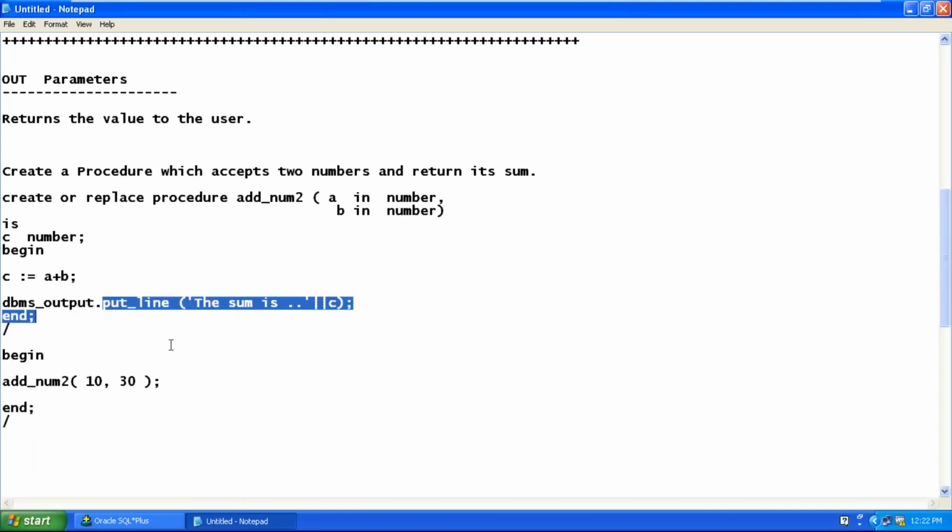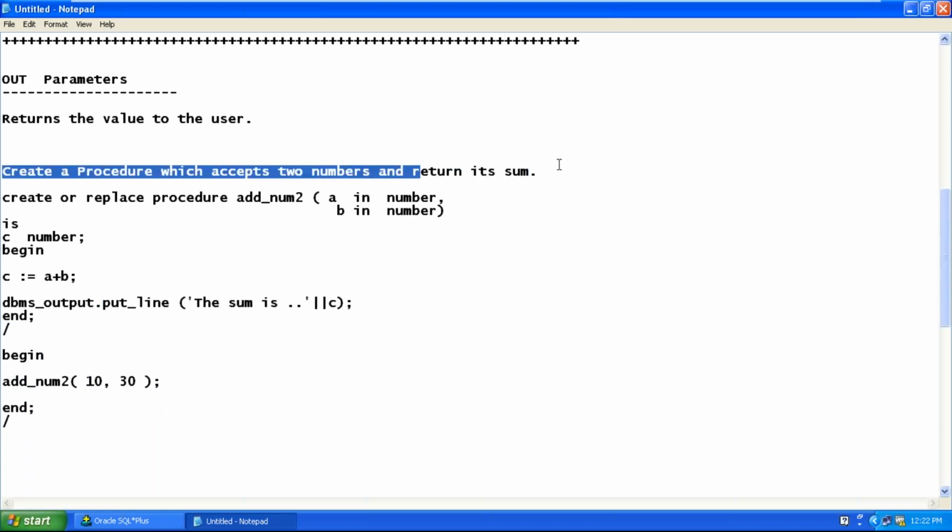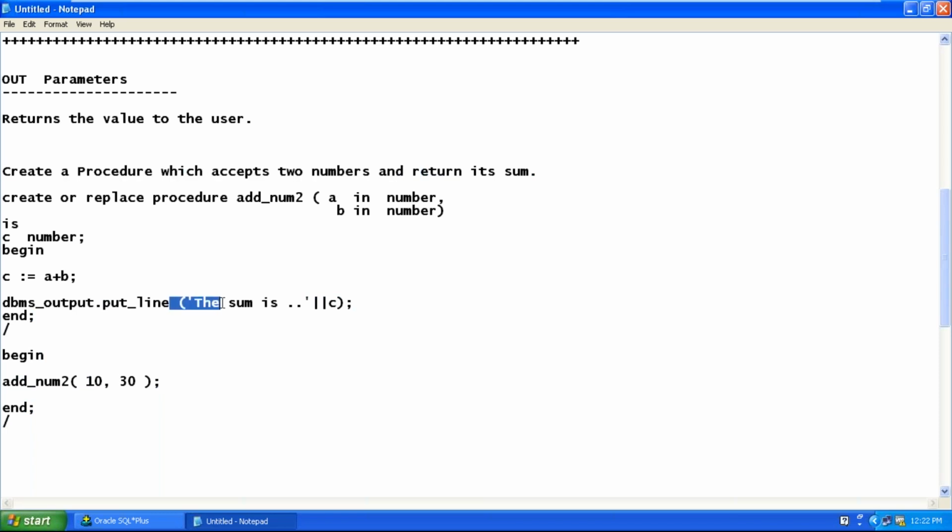This is not what we want. What we want is to return the sum. How does a procedure return? Displaying the sum is nothing but using DBMS_OUTPUT to print it in the environment. Displaying is nothing but returning to the environment. How does a procedure return a value? We use OUT parameters, which return the value to the user. So we want the procedure to accept 2 numbers and return its sum. So 2 IN parameters and 1 OUT parameter.